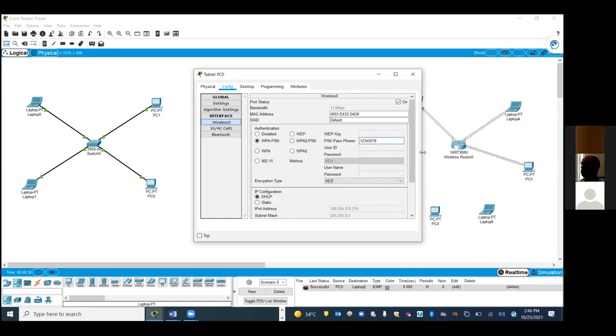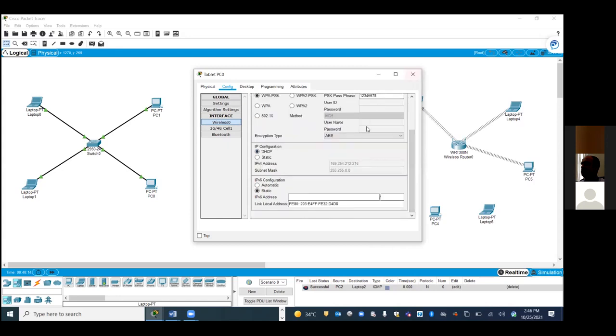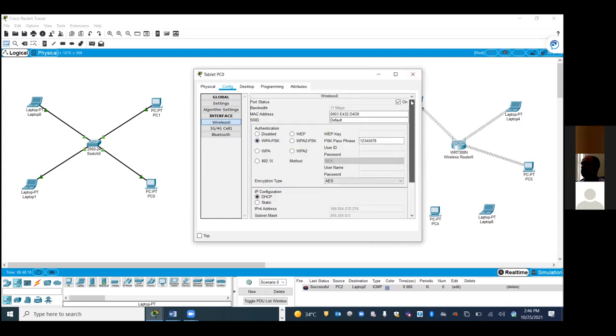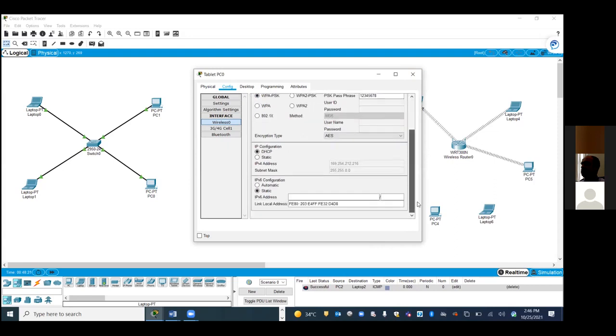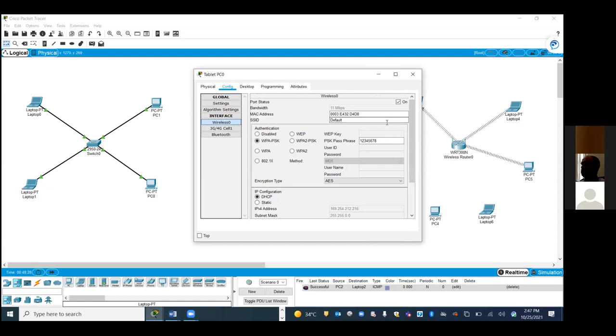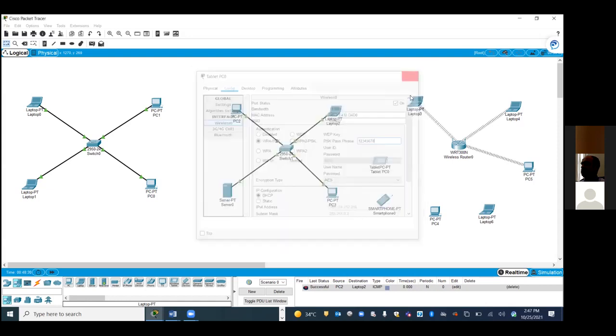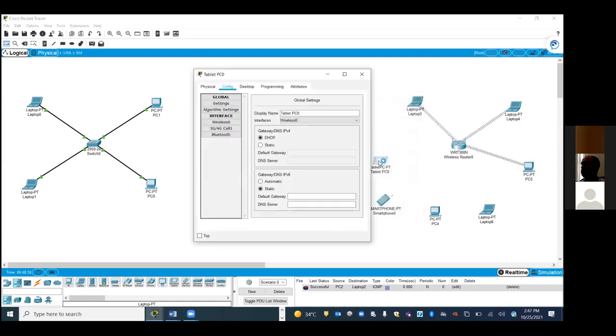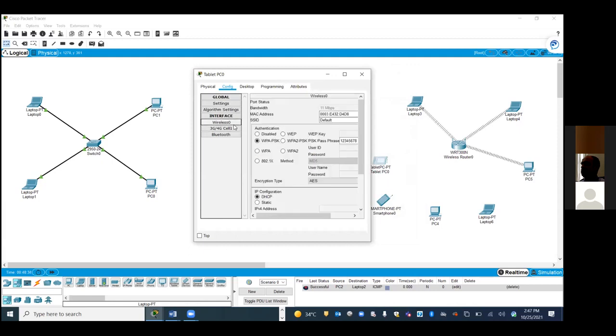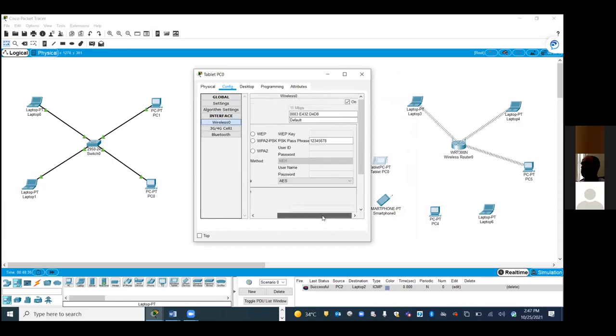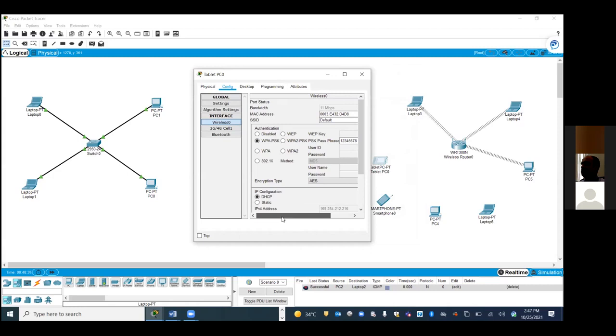This is the authentication we specified. What should the SSID be?